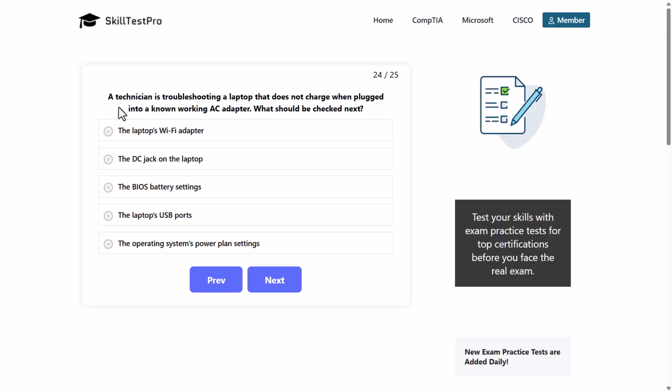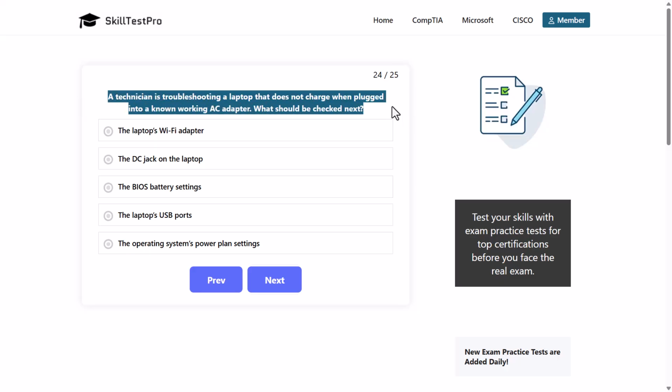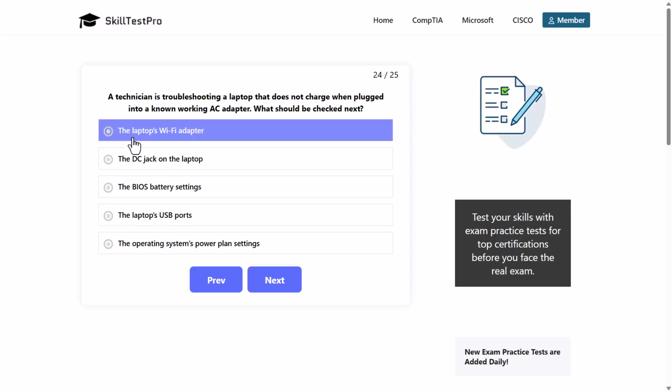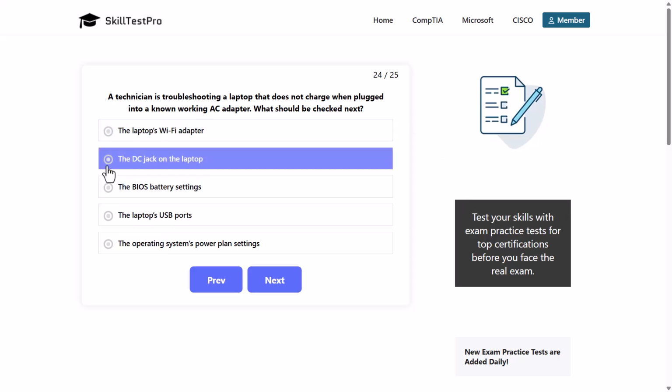But the best option is to first understand the question, understand the problem, whatever it is, and look for clues in the question, and only then, once you have a good understanding of what the question is asking, approach the answers. And here the answer options are laptop's Wi-Fi adapter, the DC jack on the laptop, the